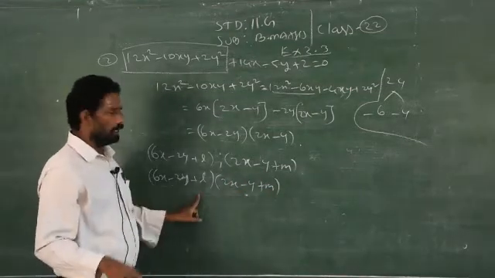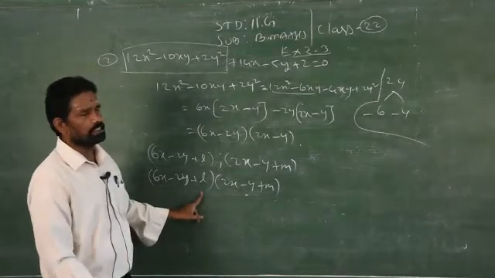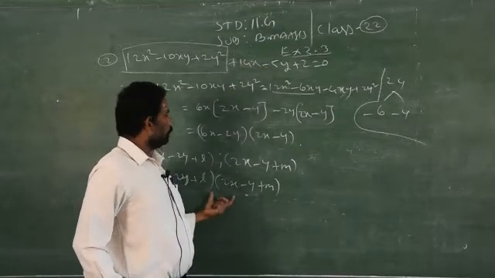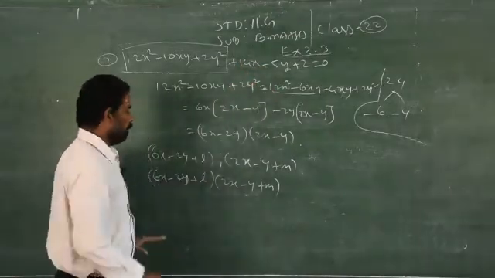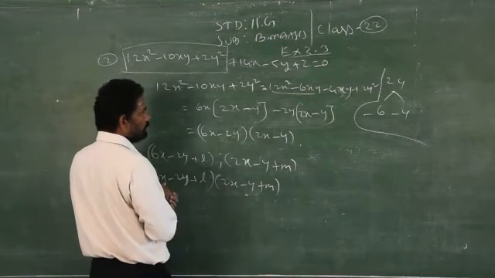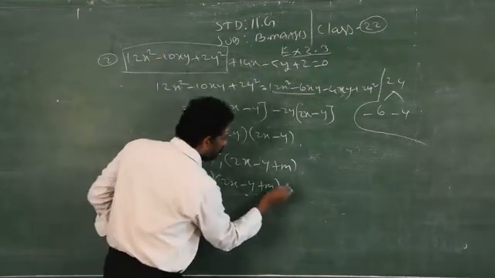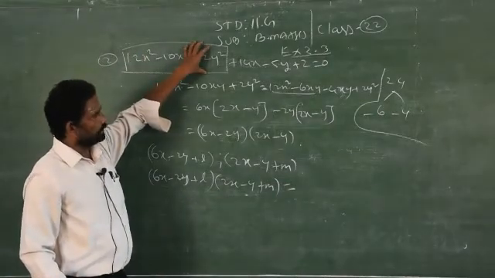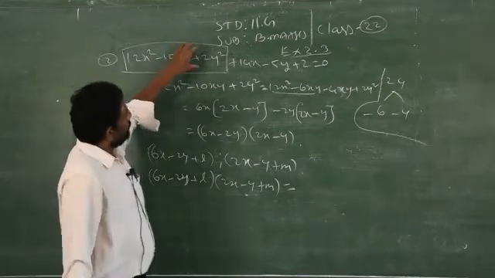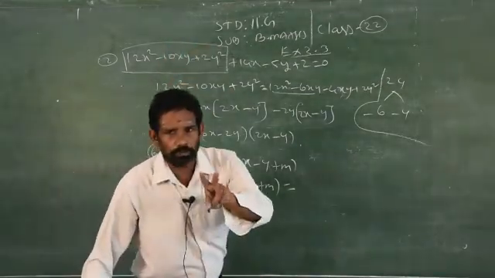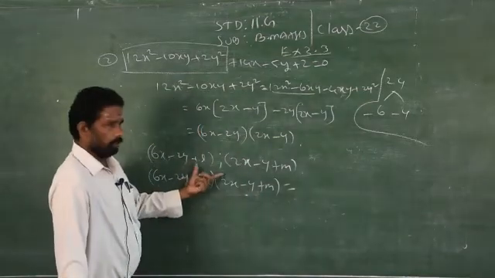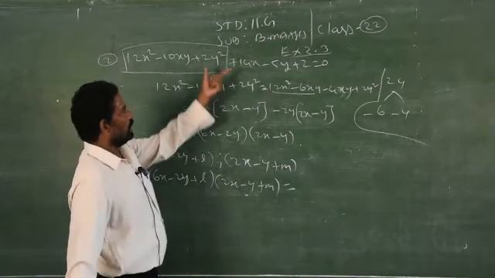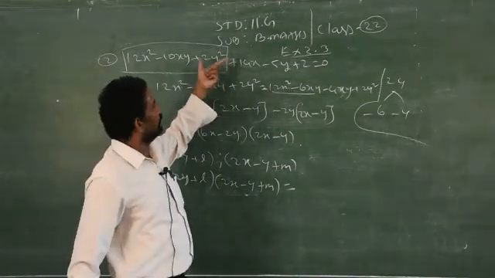The combination of 2 straight lines, whether parallel or perpendicular, is called a pair of straight lines. I got these 2 equations from where? The pair of straight lines. Therefore, when I am multiplying these 2, I am supposed to get which answer? The given same equation. So I am writing is equal to. Are you clear? I proved this equation represents a pair of straight lines. If it represents a pair of straight lines, I am supposed to get how many equations? 2 equations, because pair means what? 2. So I got 2 equations. If I multiply those 2 equations, I am supposed to get what? The same equation or some other equation? You will get the same equation.